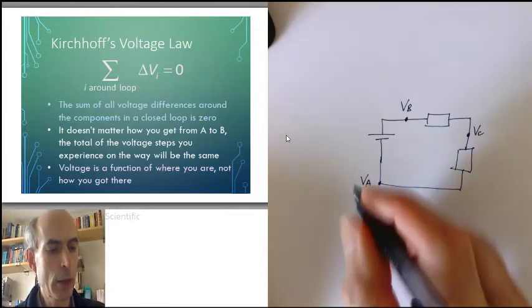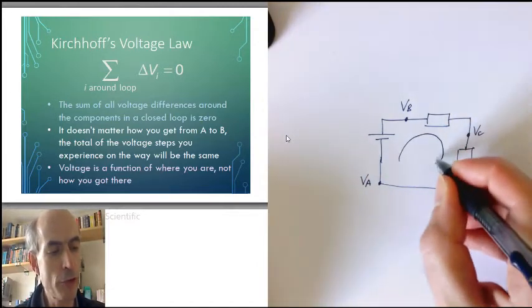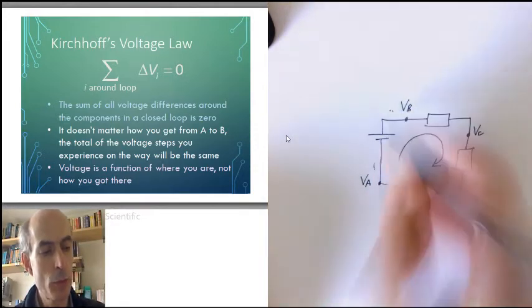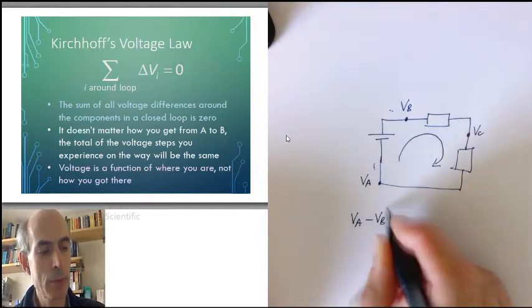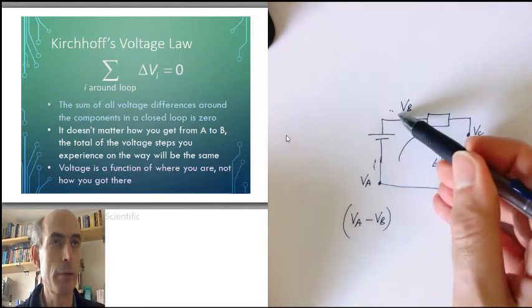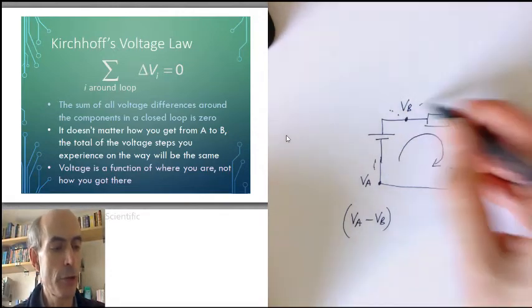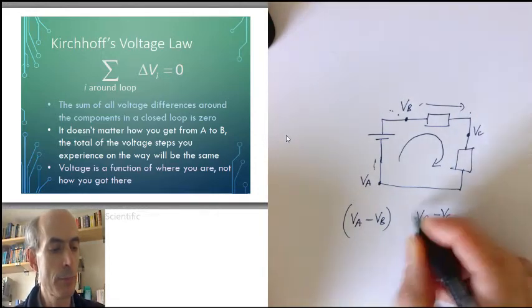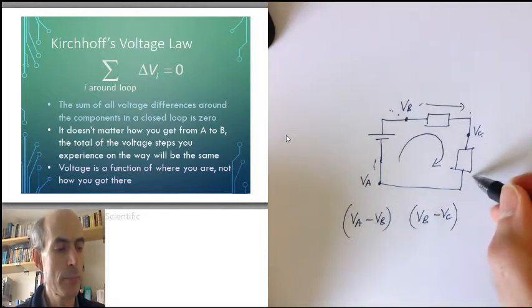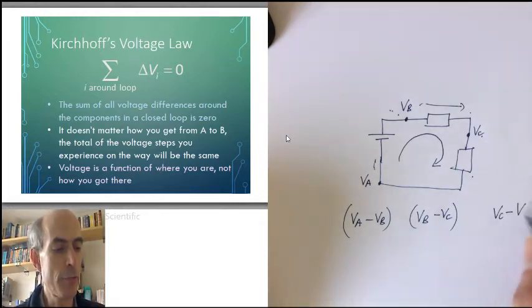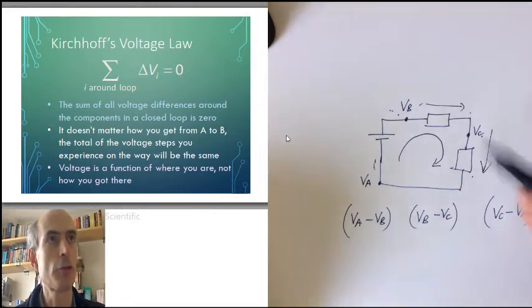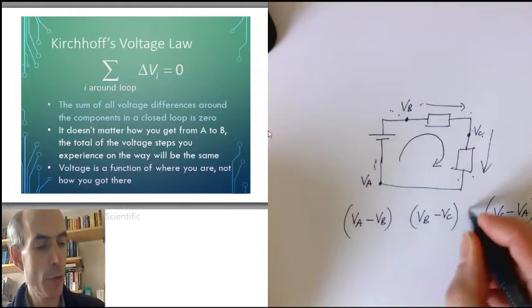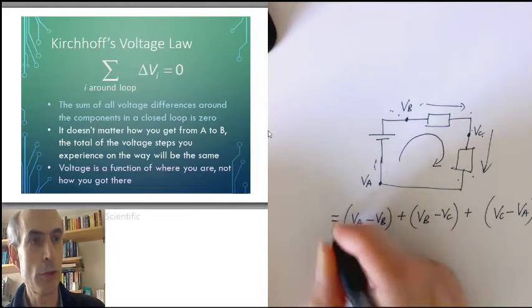Now, going around the closed loop in this direction, the voltage between here and here would be VA minus VB. That's the voltage going from here to here. The voltage from here to here would be VB minus VC. And the voltage from here to here would be VC minus VA. Voltage across from there to there. Kirchhoff's voltage law tells me that the sum of these three is always equal to zero,